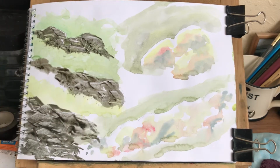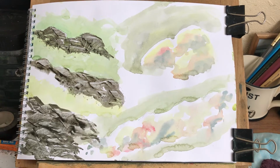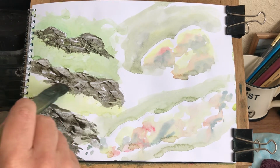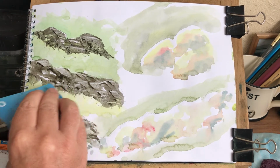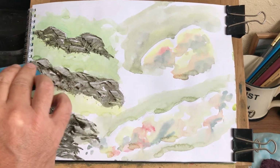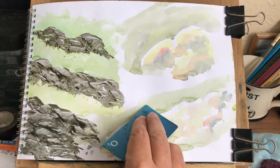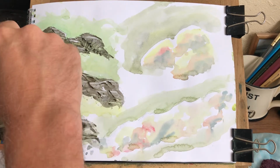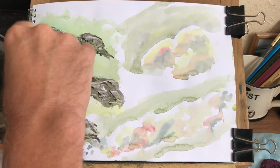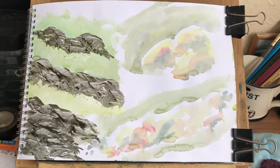So you could even do that, look, a little bit at the top, get it in, then put some more in. You leave little gaps, and you get really white highlights as well. And put these in quick, just using the corner of the brush. Sometimes you go in like that, sometimes you go in flatter like that, depending on how big you want them. Scratch some grasses in at the bottom, look, like that. And then another thing you can do,